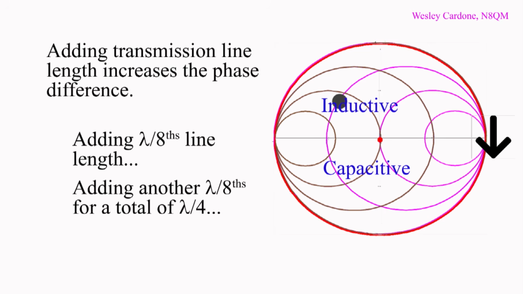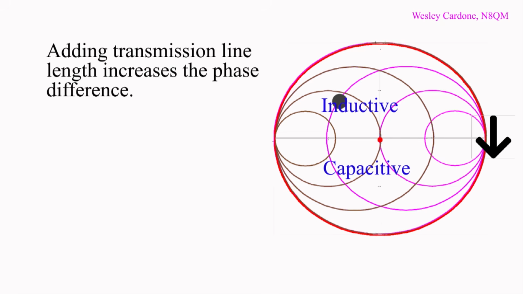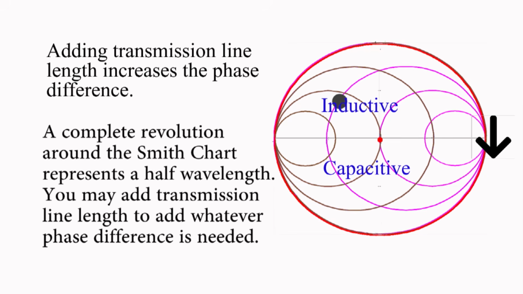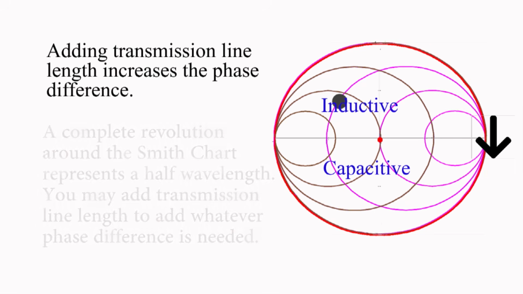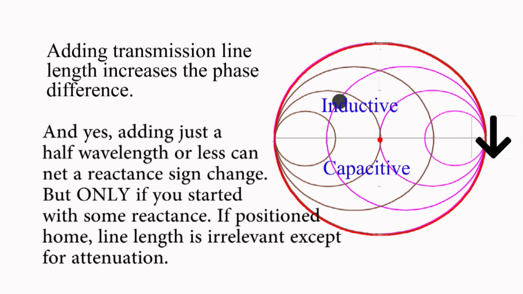The vector impedance circles home plate. While the distance as the crow flies to home plate does not change, adding coax does change the vector impedance